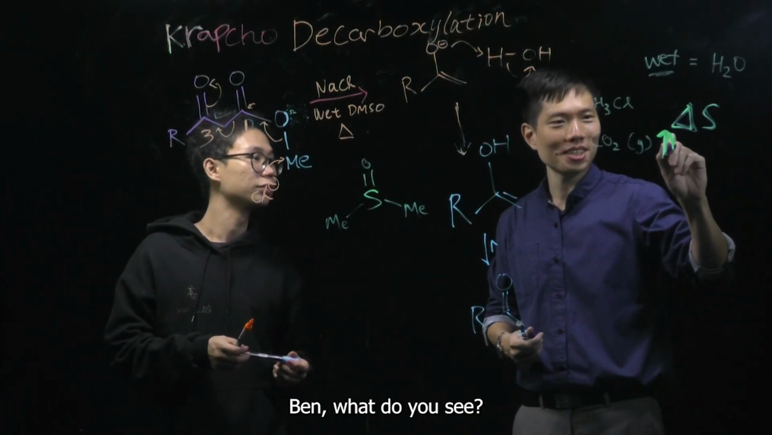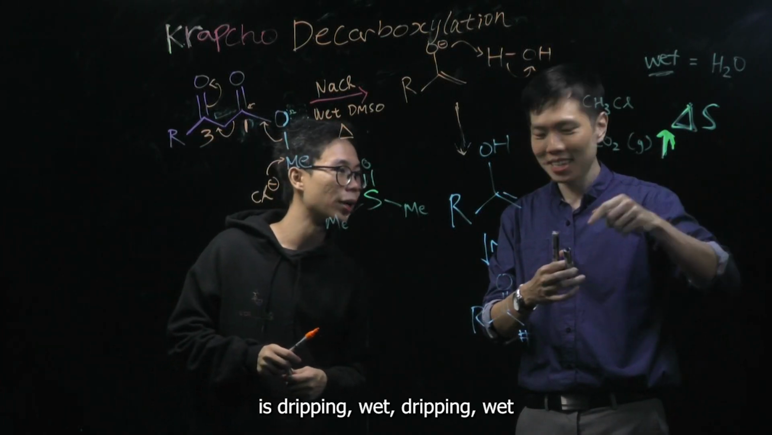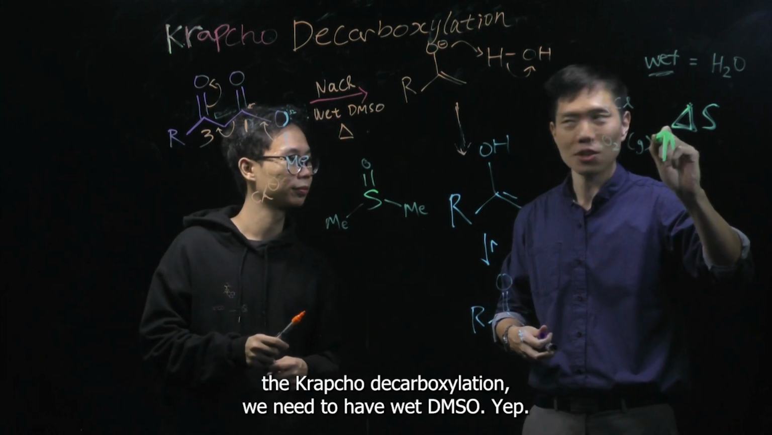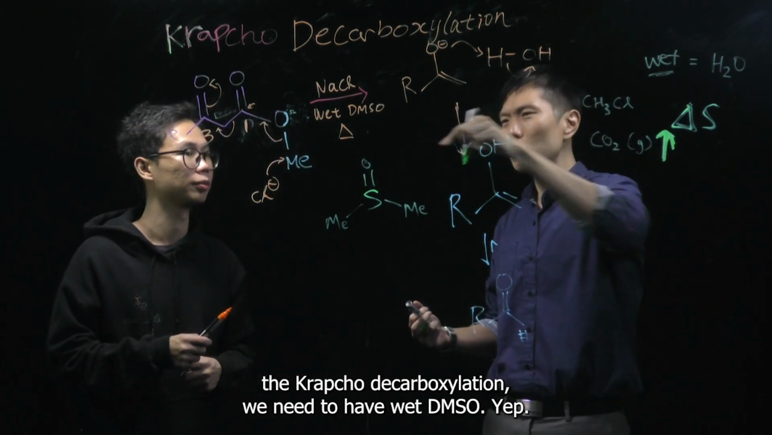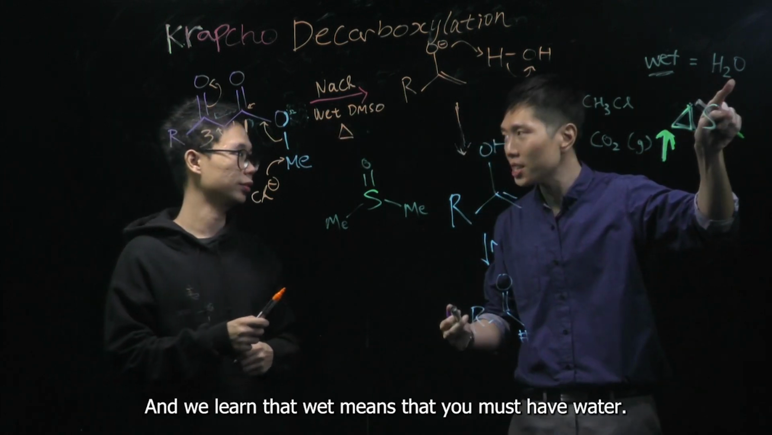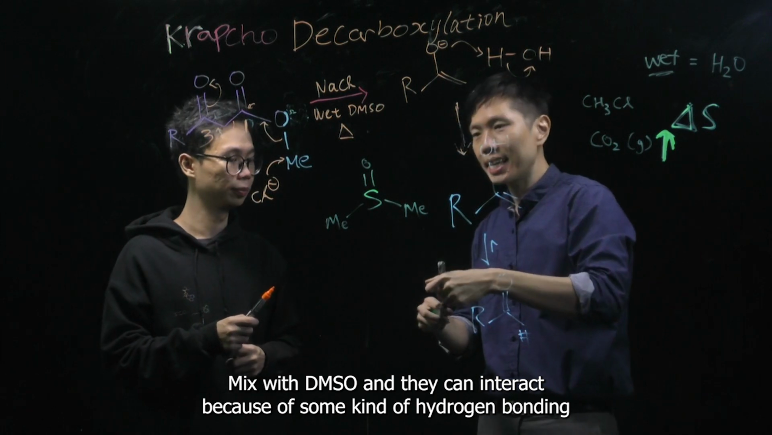Ben, what do you see? It's dripping. Wet. It's dripping wet. It's wet, right? So we talk about this decarboxylation, the Krapcho decarboxylation. We need to have wet DMSO. Yep. And we learned that wet means you must have water mixed with the DMSO, and they can interact because